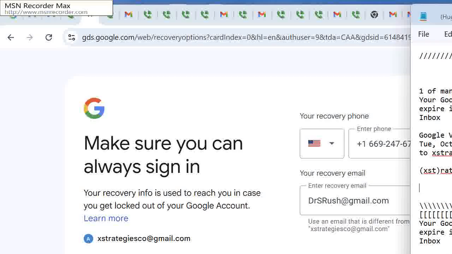Now that I got into the account, I want to change the phone number from the current phone number to another phone number that can handle texts.